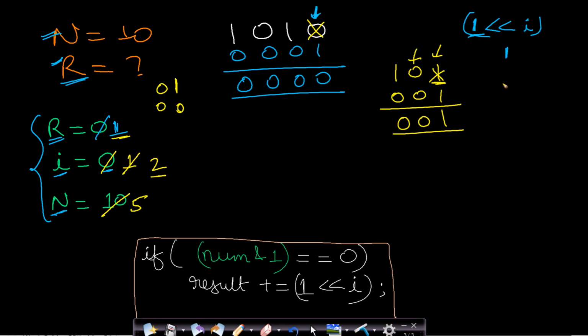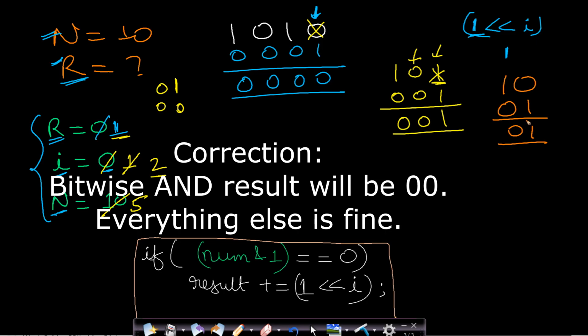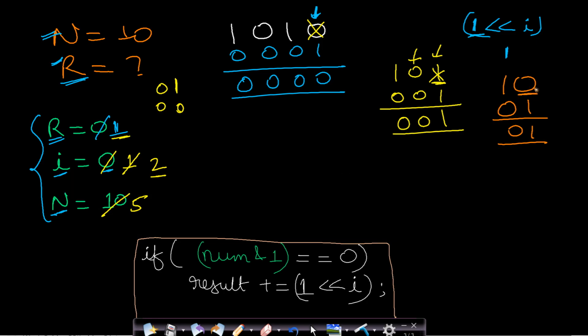So now your new value will come out to be 10. Now you take bitwise AND with 1. So bitwise AND with 1 will give you result 0, which is a zero value. So in this case, your bit is 0. You come to know that your bit is 0, and so you need to set it. So how do you set it?